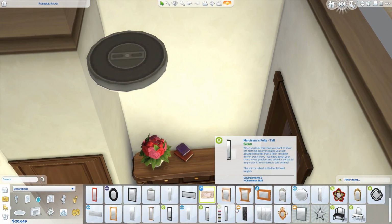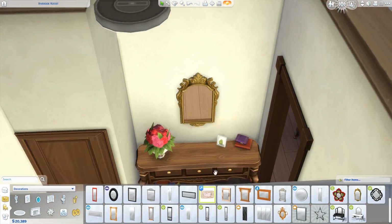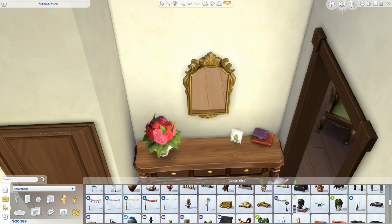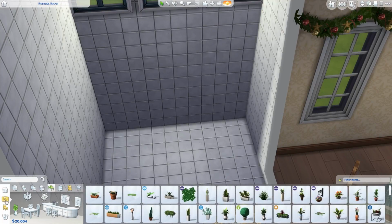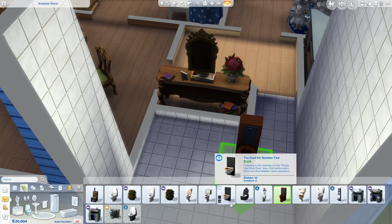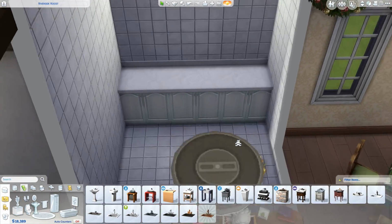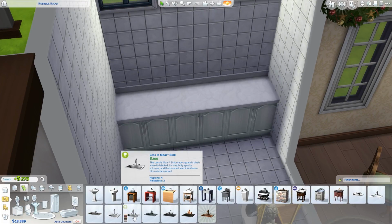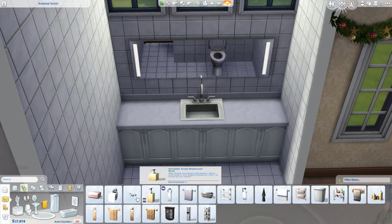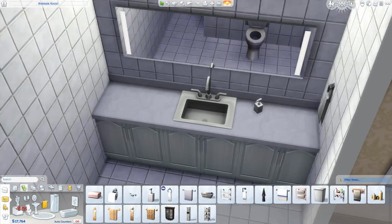So that's kind of what inspired this build. And my thought was maybe these people live in a southern region, because I think I built this in, oh my gosh, what is it called? Willow Creek? I almost said Windenburg. Definitely not the world or neighborhood or whatever the heck. So I built this in Willow Creek, and I think somewhere in Willow Creek, off in the distance, you can